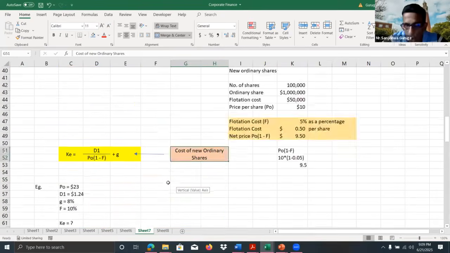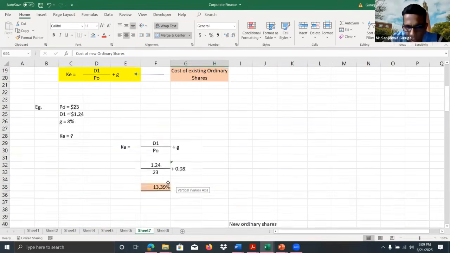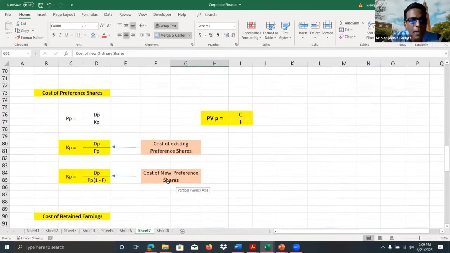I'm sure you all know how to calculate the cost of ordinary share, cost of preference share, and retained earnings. If an organization is going to use a certain part of the retained earnings to finance a project, you all know very well, retained earnings are the profit already earned and retained in the business. So the organization need not raise new capital. But is it necessary to calculate the cost of retained earnings to evaluate the project, or can we just ignore that?